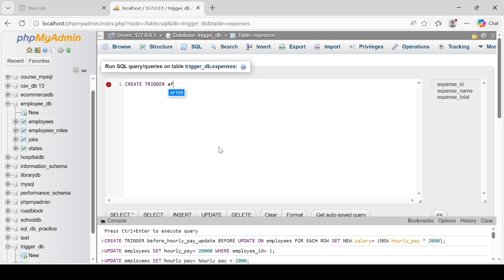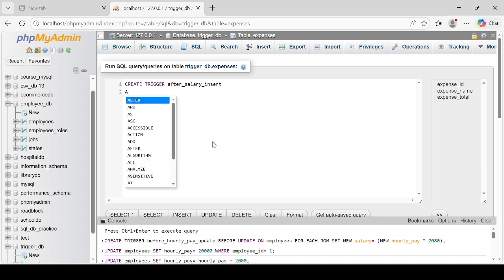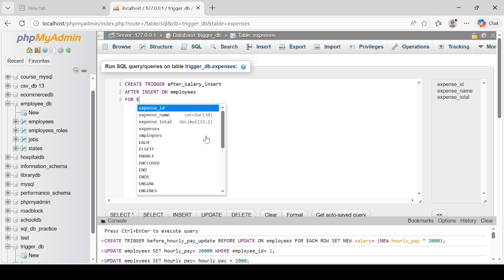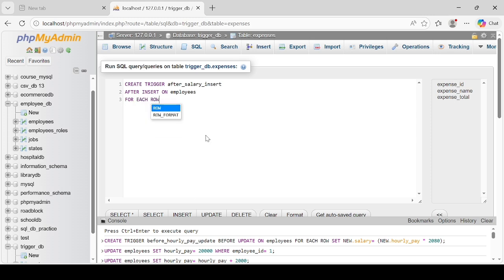Let's say after salary insert. So that is then after insert on employees, then for each row,